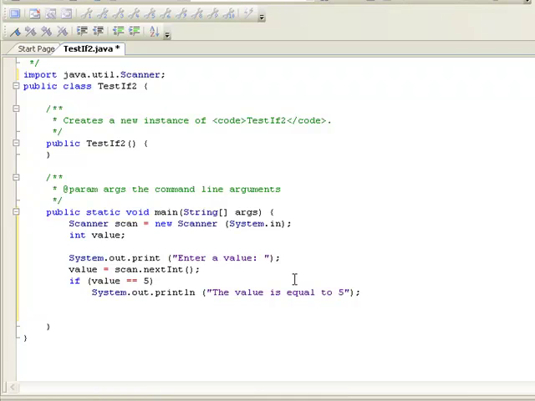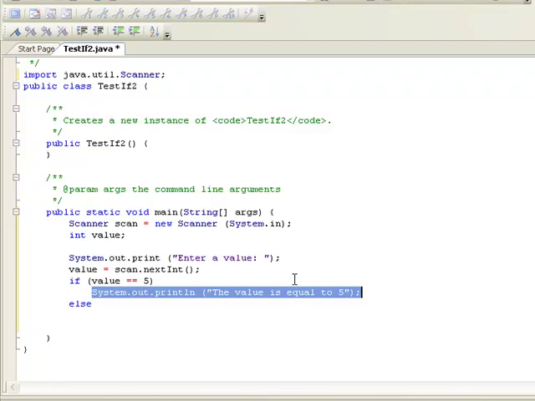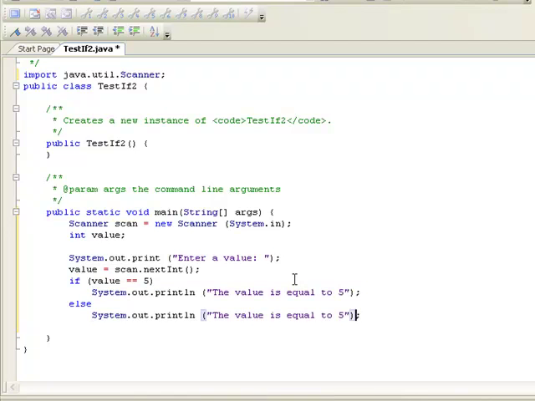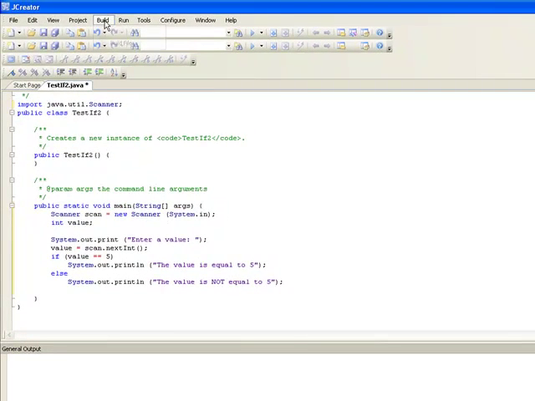Else, see, now the other direction, which is else. So else is optional. Either you use else if you need it. If you don't need it, that means if it is false, not true, just get out of the if statement. But if you want to do something within the false, I'm going to copy this and put it here. Then I say the value is not equal to 5. That's it. So now if I compile it, build,